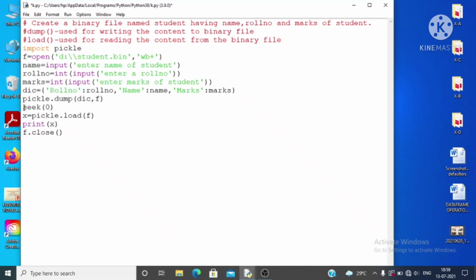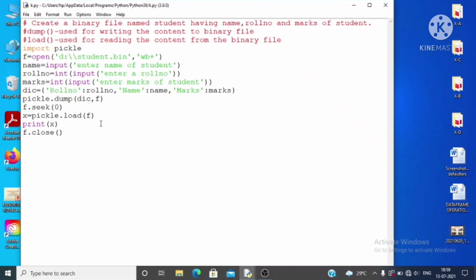After writing, f.seek(0) will move your file pointer to the beginning of the file. Now your file pointer is present at the start. It is pointing at the first character of your file data. After that you can read the data by using the load function and then display it.